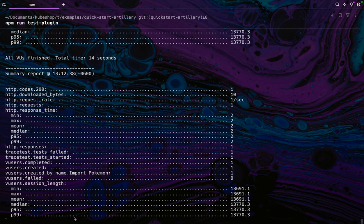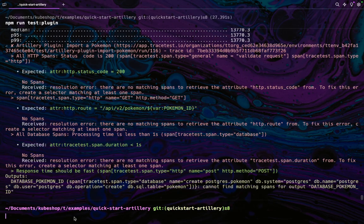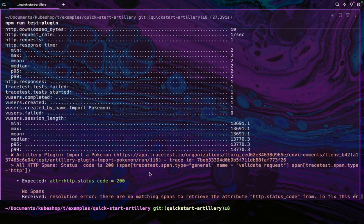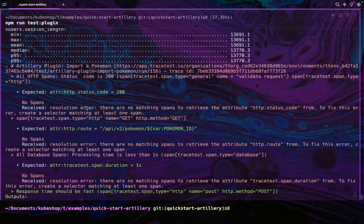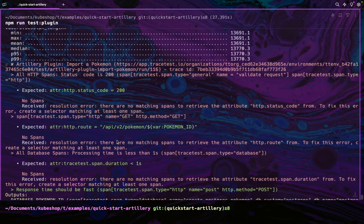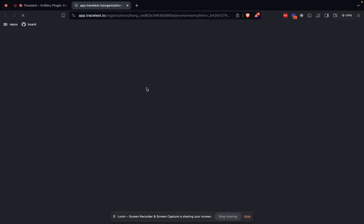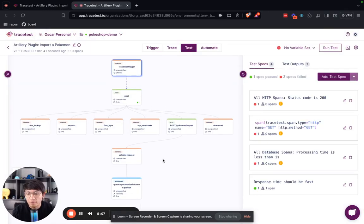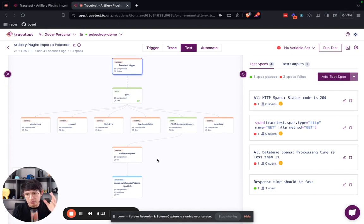So this now is going to take a little bit longer because it's waiting for a trace-based test to finish, not only the ones from Artillery. And as we can see, now this is failing. And why is this failing? Well, we have a summary exactly of what is going on, so you can see for yourself from the CLI response what is happening. But the interesting part is that you can also follow the link as part of the output and see a more visual way of investigating the spans and the specs in